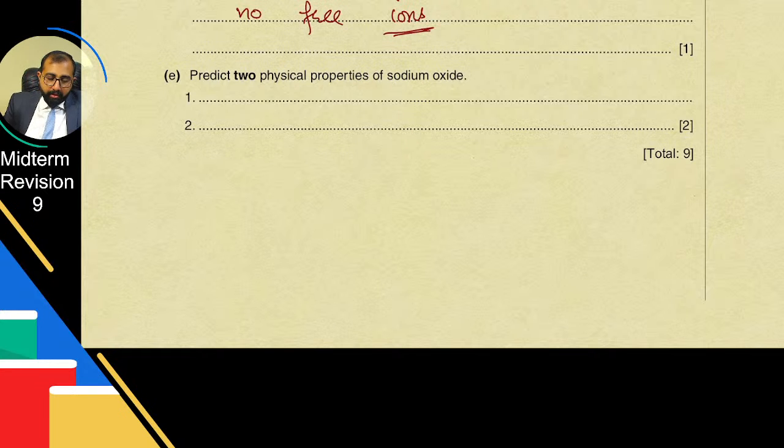Okay. Predict two physical properties of sodium oxide. What comes under physical properties? Does it conduct electricity or not? Does it have a high or low melting point? Is it soft or hard? These kinds of things are part of the physical properties. Under chemical properties you have color, and that's an important aspect of ionic compounds made of transition metals. Over here you don't have a transition metal. Secondly, they asked for a physical property, so we'll just say it has a high melting point